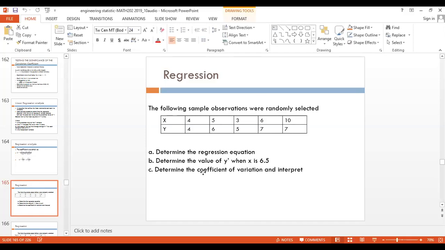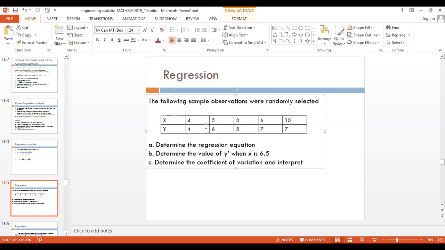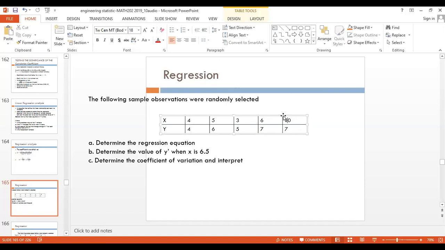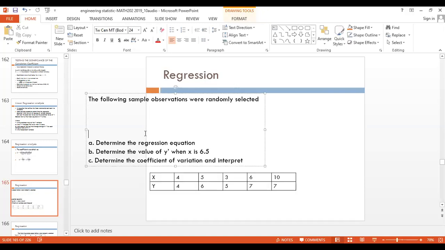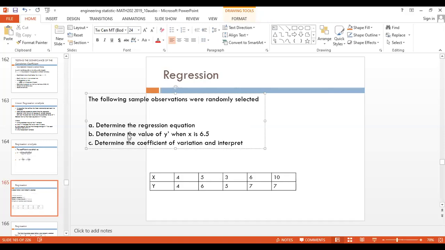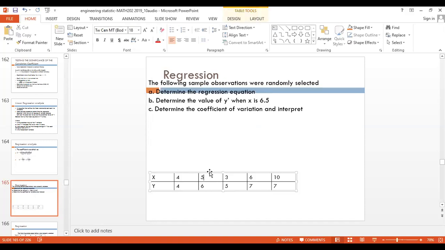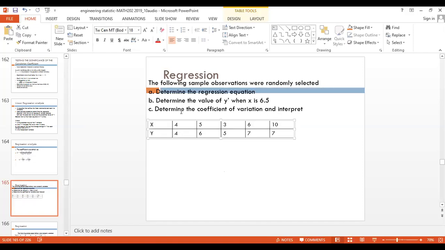Now this is quite simple to solve. All you need to do is first, let's take this up a bit. First, you have this table here. I'm going to edit it a bit so we have all the questions and the solutions on a page. The formula says that to get your beta, let me put it up here, your beta is n summation xy minus summation x times summation y,